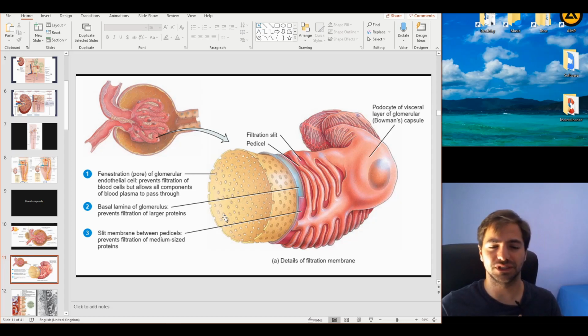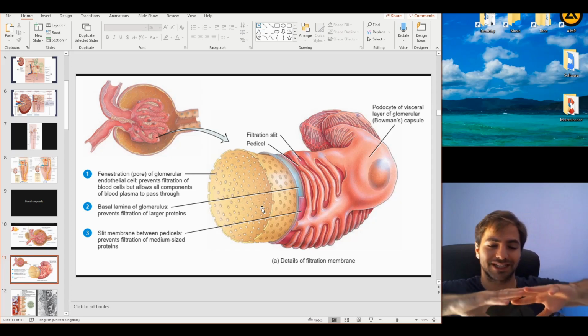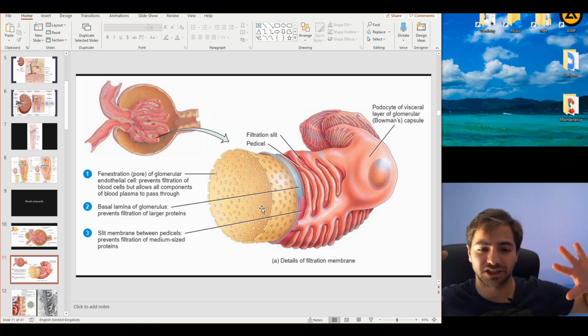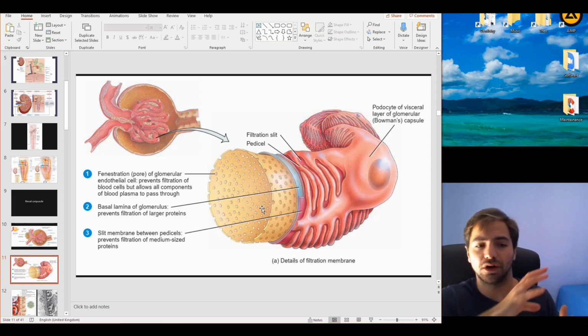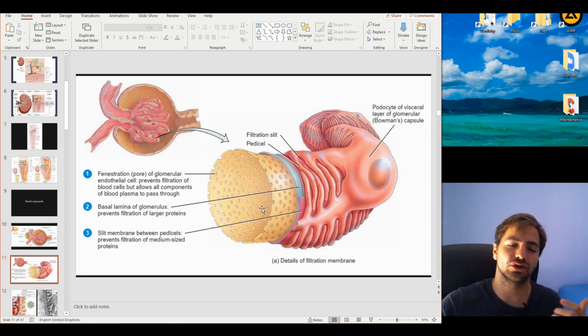And the last one of course is the podocyte. Now the podocyte, the foot cell also called, is the cell that extends this whole cytoplasmic process over the whole layer of this basal lamina. Now the smaller parts of the cytoplasmic processes are called the pedicels. Now these pedicels, the term actually means little foot from Latin in this case. Podos is from Greek and pedicels is from Latin, and the point of the structure of the pedicel is to cover up the whole section